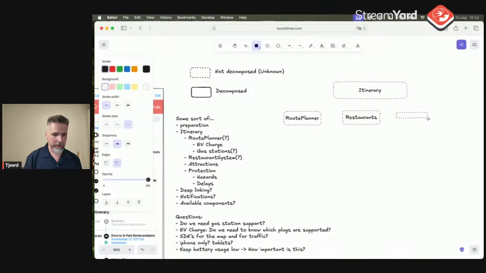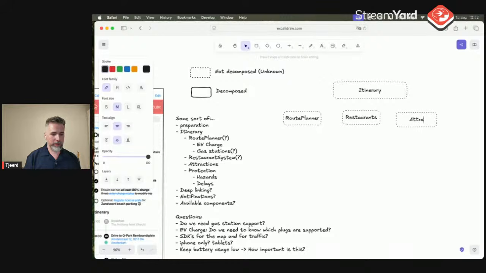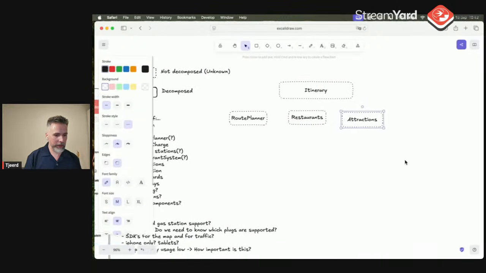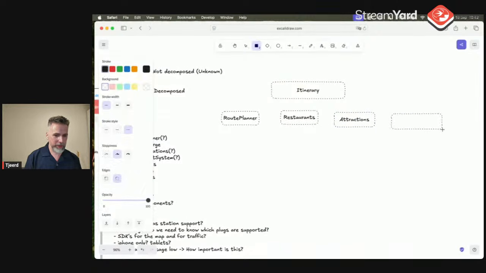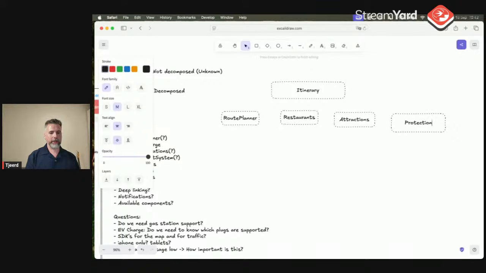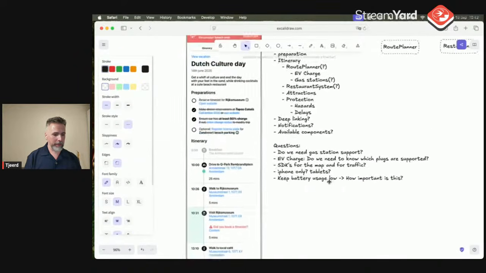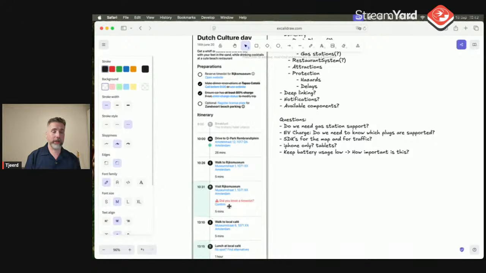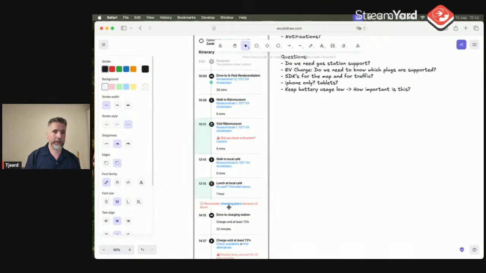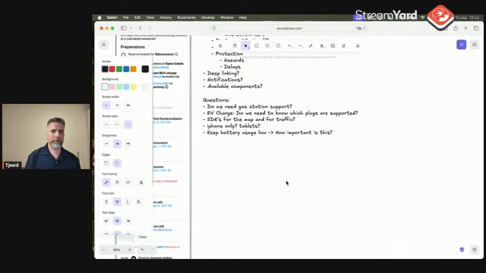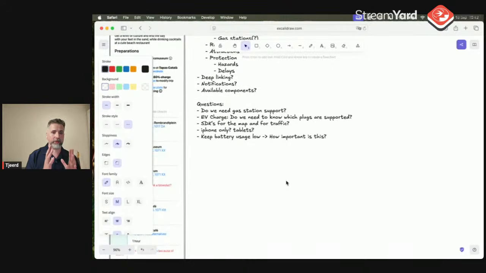I have some sort of attractions system, and I have a protection system. This protection system makes sure that if I didn't book a time slot, or if I'm not prepared, or if there's a weather issue, it protects my day to make sure I have a good day.